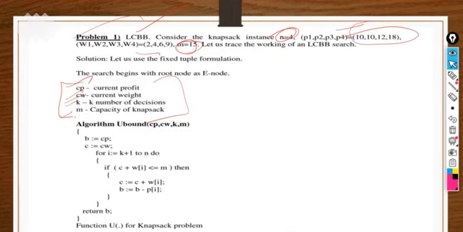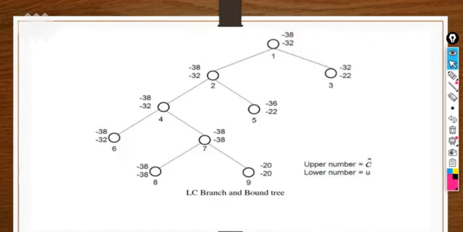Here is the algorithm to find the upper bound, like how to find the upper bound. So there are two main factors, cost and upper bound, right? We will find those things one by one. These are the four terminologies that we have to pass to this function. We will discuss the algorithm later with the help of an example, right? So let's start first with how to find the cost and upper bound.